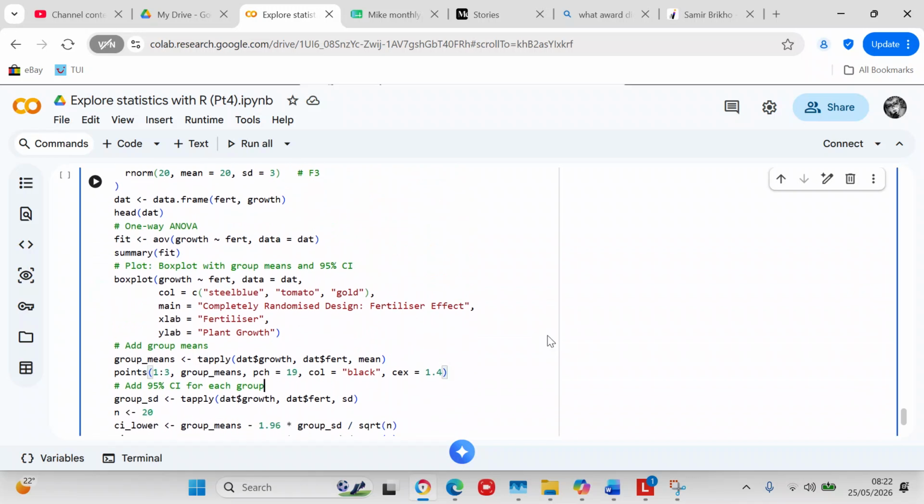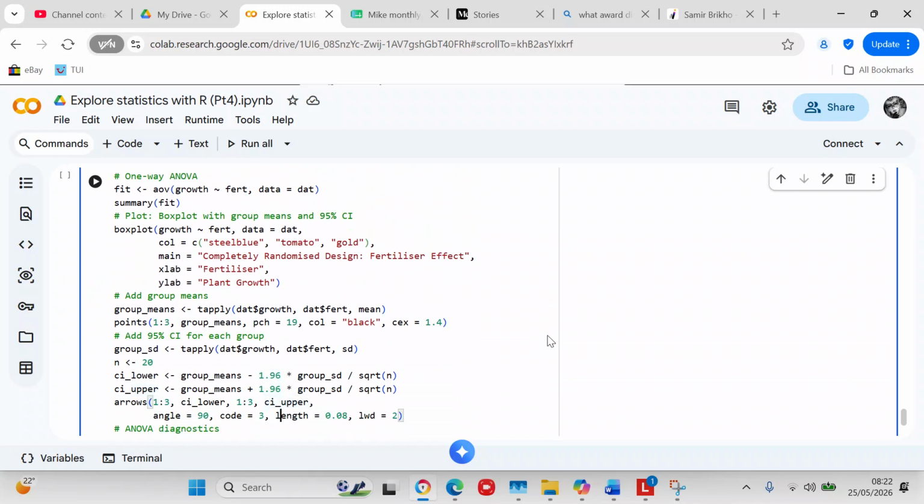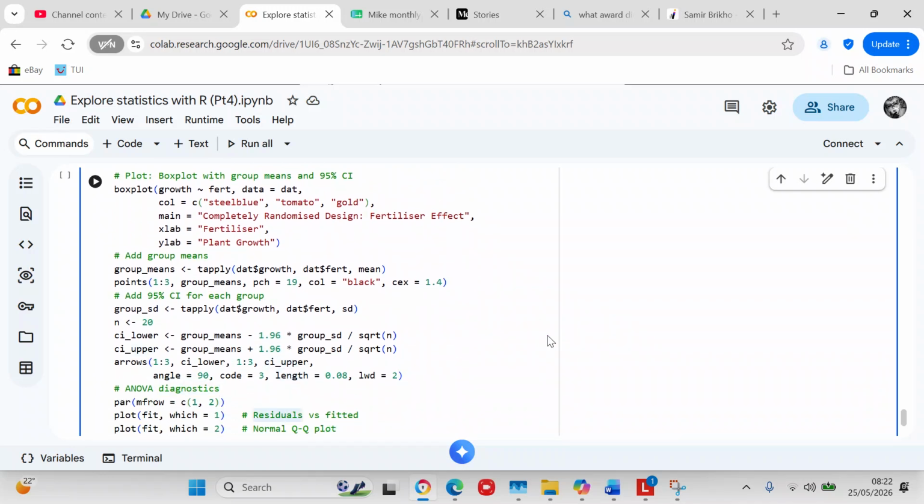Now what we're going to do is plot this on a chart. We're going to make box plots with group means and 95% CI, which is confidence interval. So you're going to create a boxplot(growth ~ SAR, that's your linear regression model, data = dat, col = c("steelblue", "tomato", "gold"), main is the title of your chart, which is "Completely Randomized Design, Fertilizer Effect",